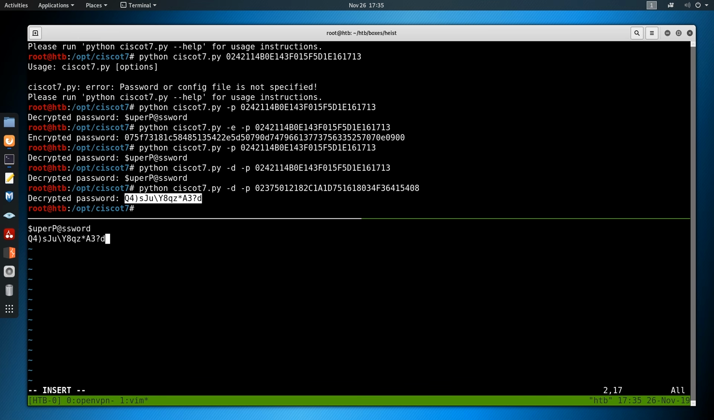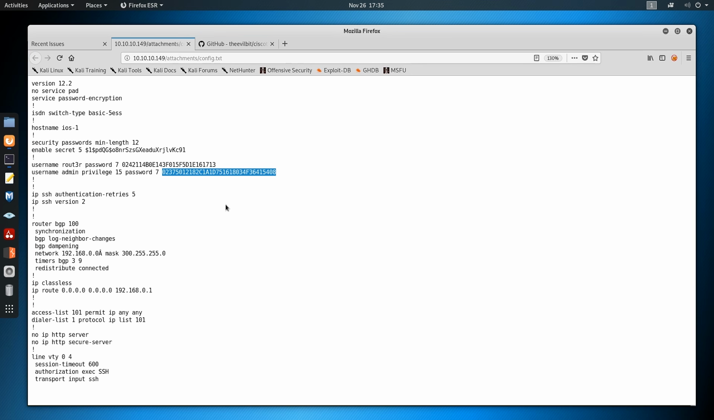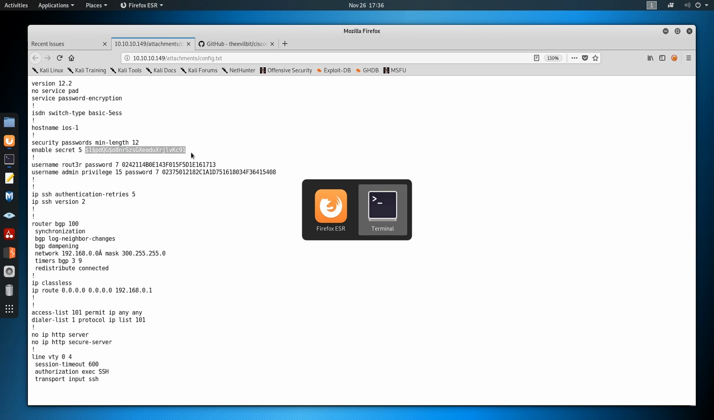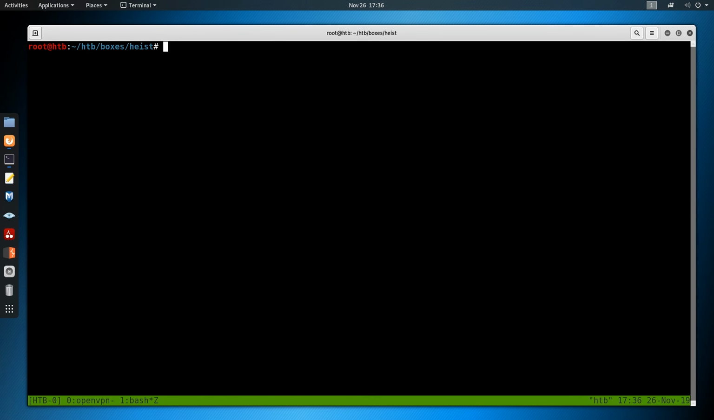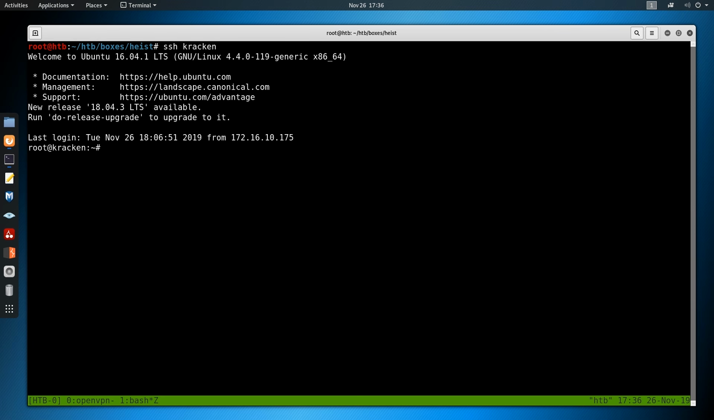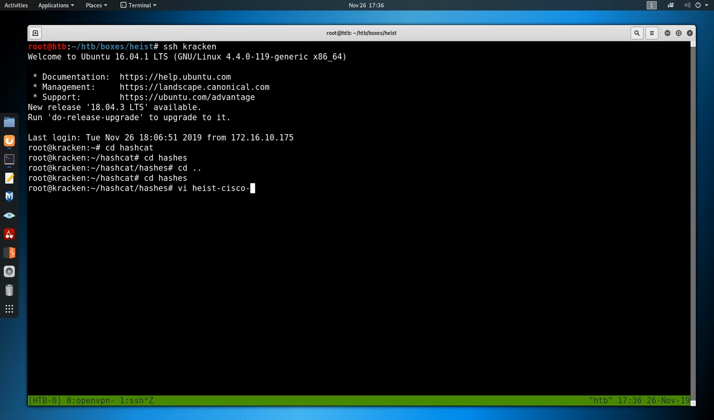So random password there. Then the next one we have is type 5, which is an MD5 sum. So I'm going to bring this over to the Kraken. So SSH Kraken, and then we'll just go into the Hashcat directory, cd hashes. Oh, not hashes. Oh yeah, it's hashes. Ignore me sometimes. vi, we'll call this heist-cisco-md5, paste it,